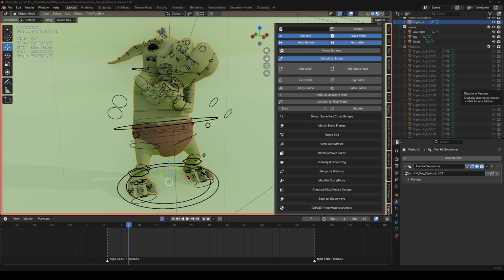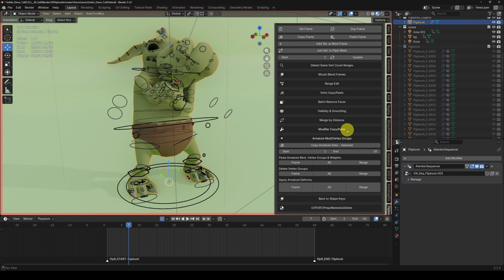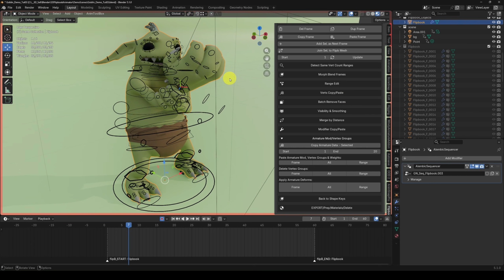So that nicely ties us back into how you can use this extra little section we have here, the extra tools called Armature Modifier Vertex Groups. In here are some extra tools that you can use to basically go between having a hybrid armature flipbook and a normal flipbook. So one way you can use this, say on frame 7, I want